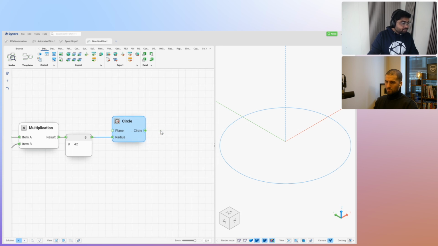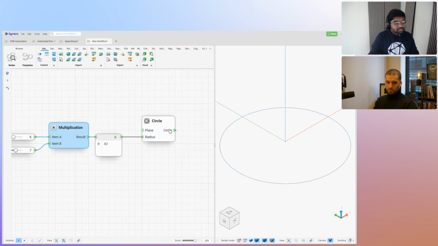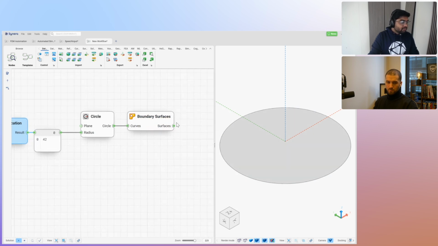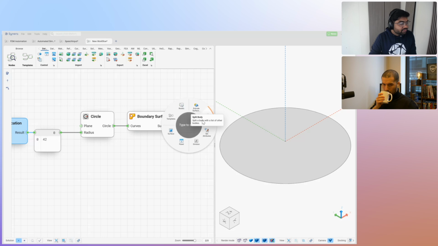Now here you see, based on the node itself, the type of output changes. Here it was a number, but in this case it's a geometrical entity, which is a curve. And then one can create a surface. And here, this is what you see now. It's called a radial menu. As I keep using my software, Synera, it will suggest the most relevant features for me downstream in my application